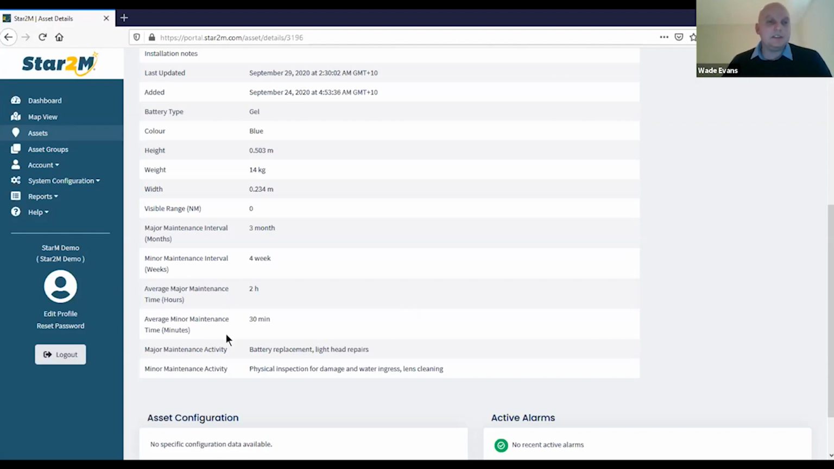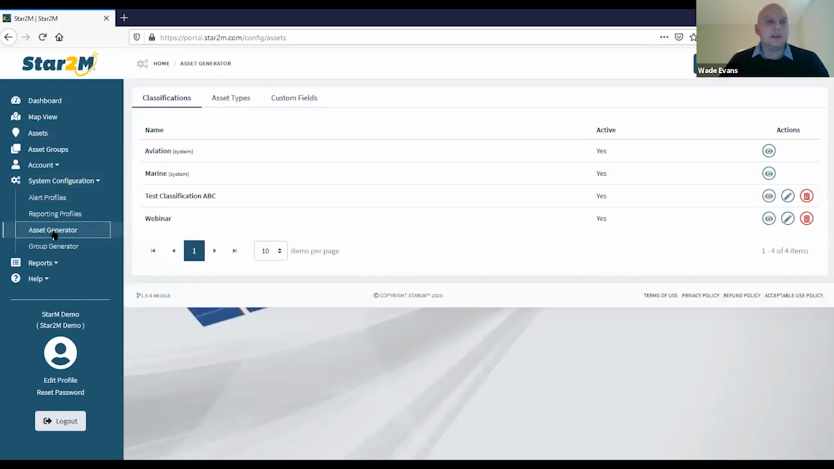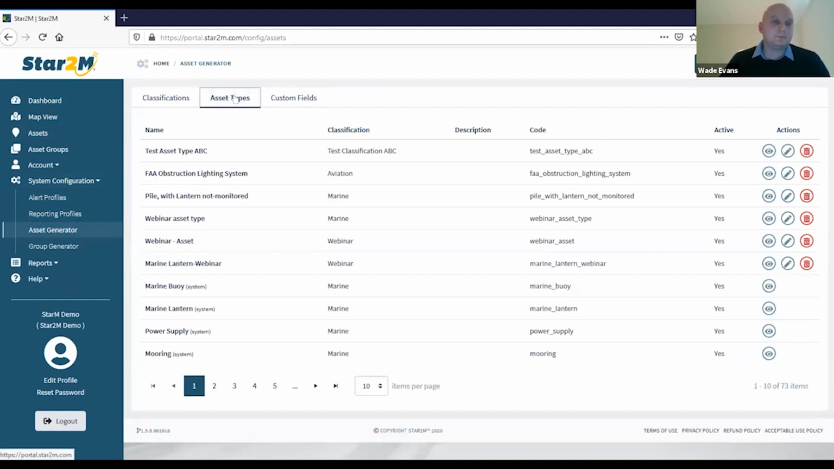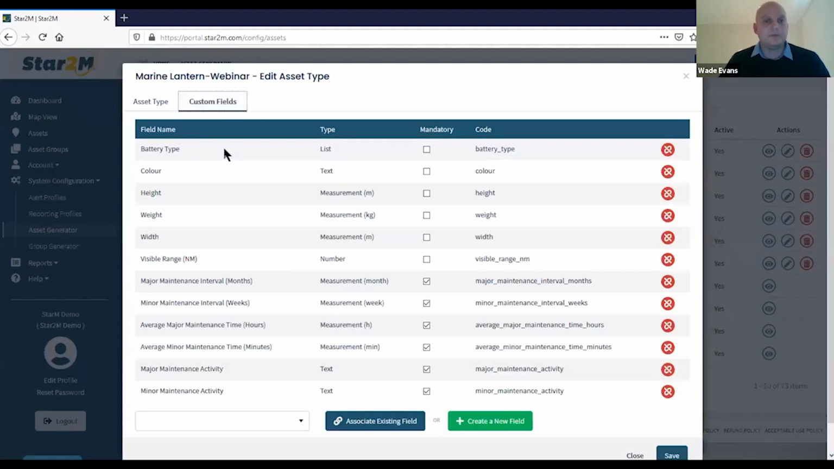So actually creating this is a straightforward process that I'll show you in a moment, and you do that through the asset generator. So if you go into asset generator here, which we've covered in a previous webinar, if you go over to asset type, you can then look, we've created Marine Lantern Webinar, which is the asset type we've created to demonstrate this. And if you go to the edit icon and over to custom fields, you'll see that